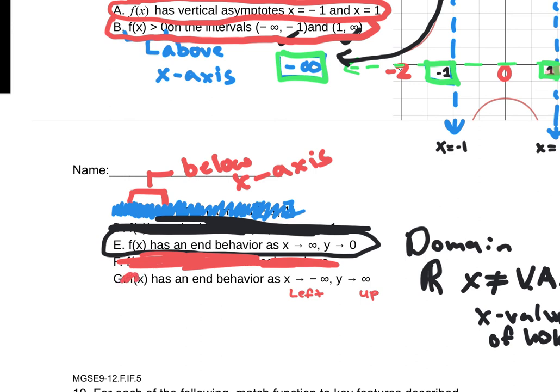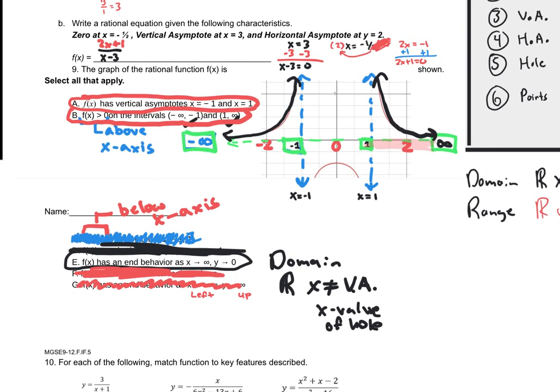Okay. Mark that up. You see how, guys, you see how this one was true? We were approaching 0 because we were flattening out. That's what the other one should have said. It should have said approaching 0, but it was false. Okay? Somebody asked me, all right, I'm going to